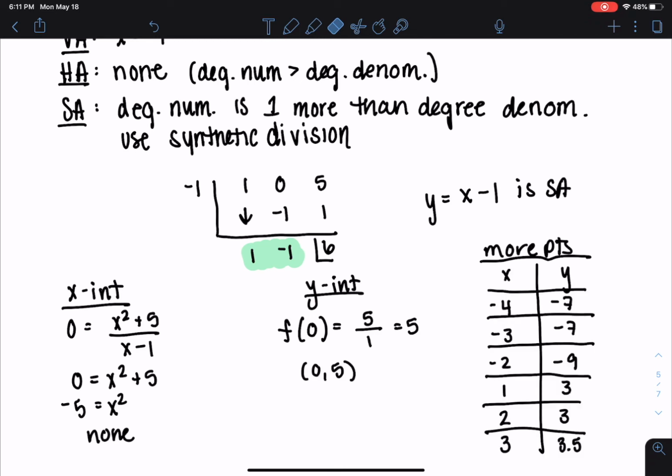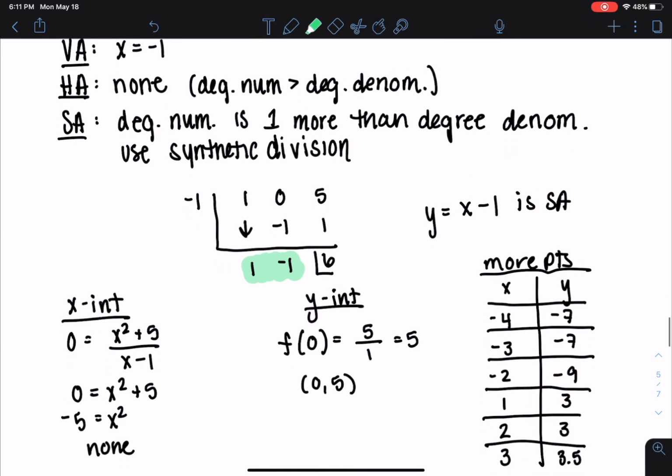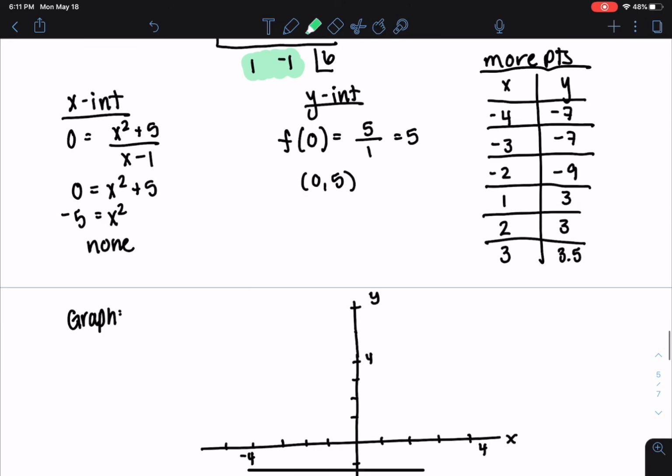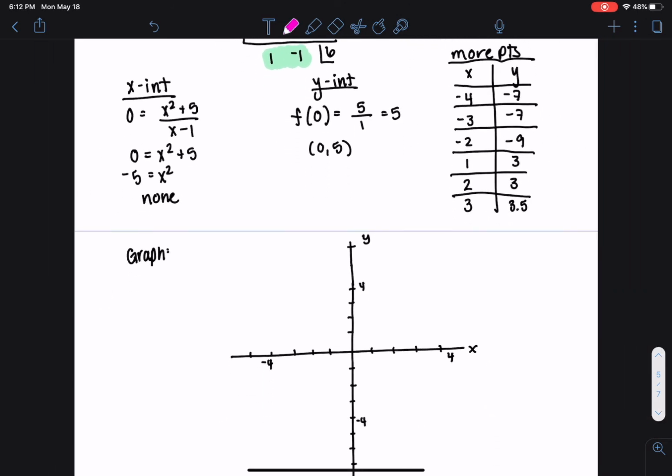Now for some more points, if you go ahead and just pick a couple of values that we haven't used. We use 0, so that's not going to be in between here. Same thing with -1, can't equal that. That's our vertical asymptote. So this just gives us a good idea of different points on our graph. So what I'm going to do is apply all this information to get as accurate as I